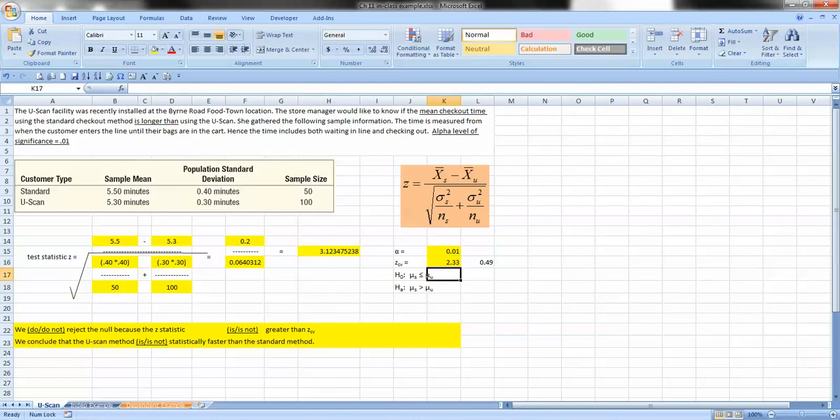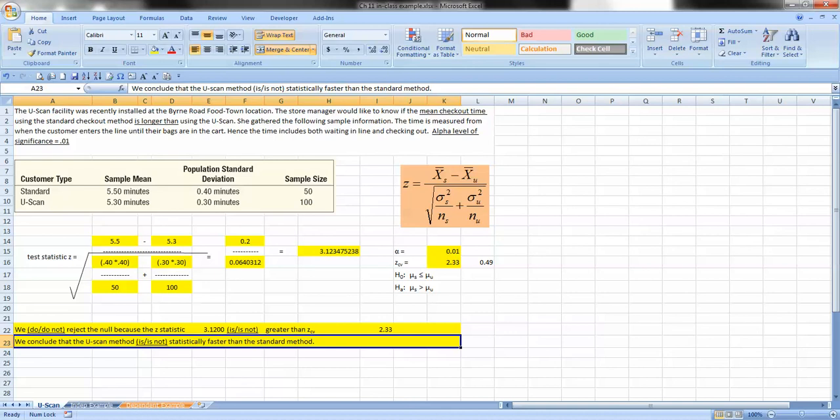If we go back and think about what is our rejection criteria, the rejection criteria is that we'll reject the null if the z statistic is greater than the z critical value. So we have our z critical value, which we can just go ahead and put into our statement here. And we have our z statistic, which is 3.12, and so on. We'll leave it at 3.12. So based on that, if our rejection criteria, or our decision rule, is reject H0 if the z-stat is greater than the z critical value, and we can see what those two values are, we know